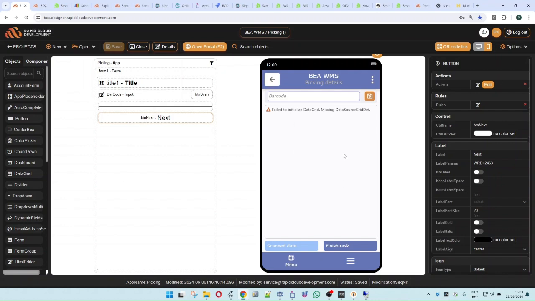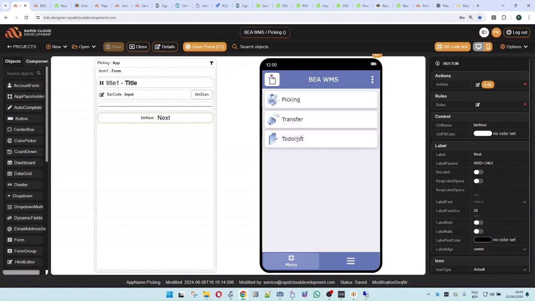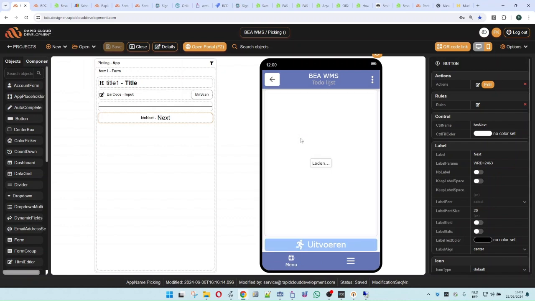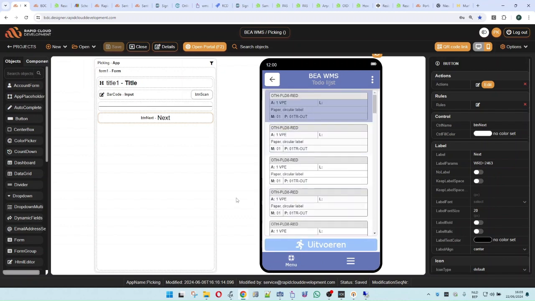Now, this one doesn't have a grid defined, this screen, but I do have an example here for my to-do list. And this is an example of a grid which you can make. And actually, this is a one cell row,